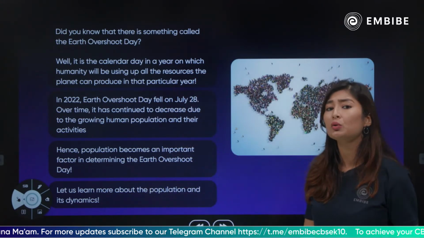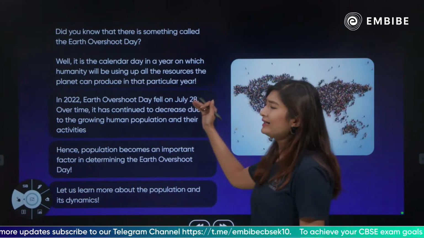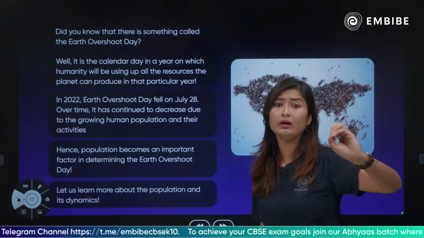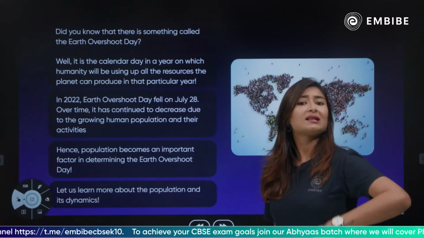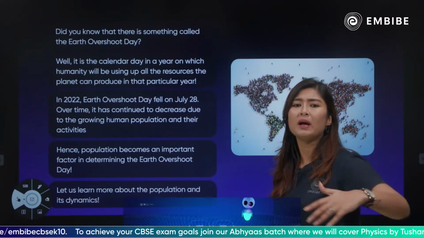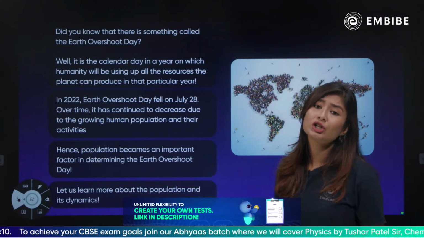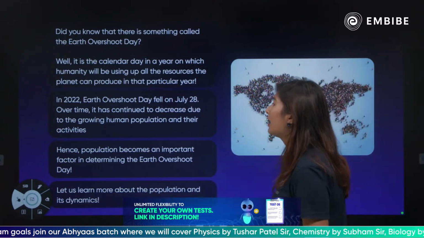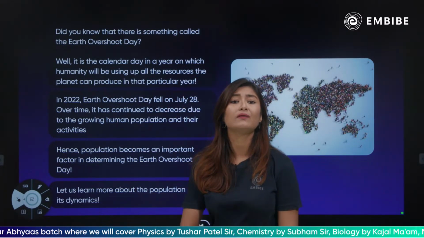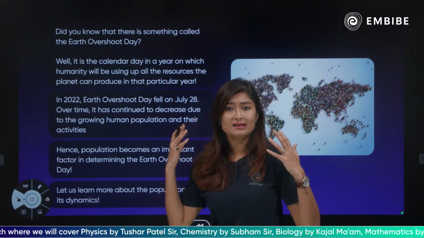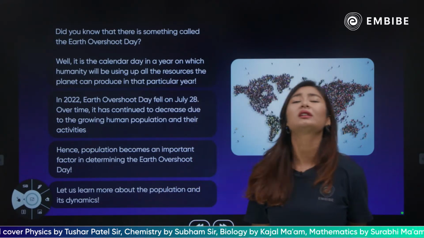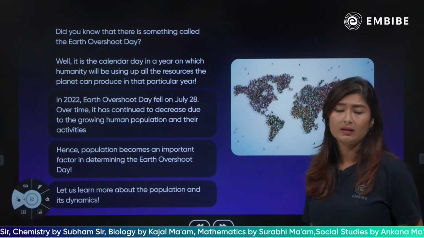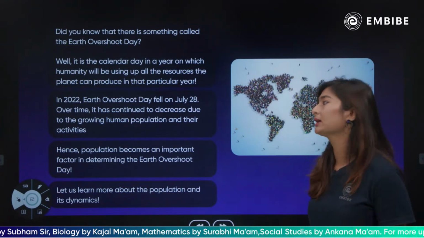But in 2022 we observed that just by 28th July, which means end of July, just 7 months into the year, 5 months still left, just half past, a little over half past the year, we had already finished the resources. And over a period of time, आगे चल के हमने देखा that we are finishing it up even faster. अब हम आधे साल से ज़्यादा भी नहीं पार कर पा रहे हैं और जल्दी खत्म हो जा रहा है, which shows what? Number of people on earth are increasing, their requirements are increasing, and resource consumption is increasing.